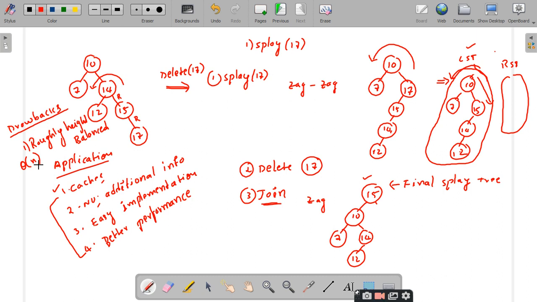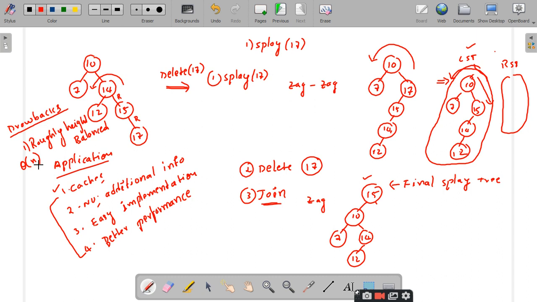Yes, sir. So this is the end of this session, where we have discussed very important topics related to deletion of an element from the splay tree. The deletion of an element in the splay trees can be performed in two ways. One is the bottom up approach and second one is the top down approach. In the bottom up approach, you will delete the element by following the rules of the binary search tree, and then you splay the parent of the deleted element. Very easy implementation.